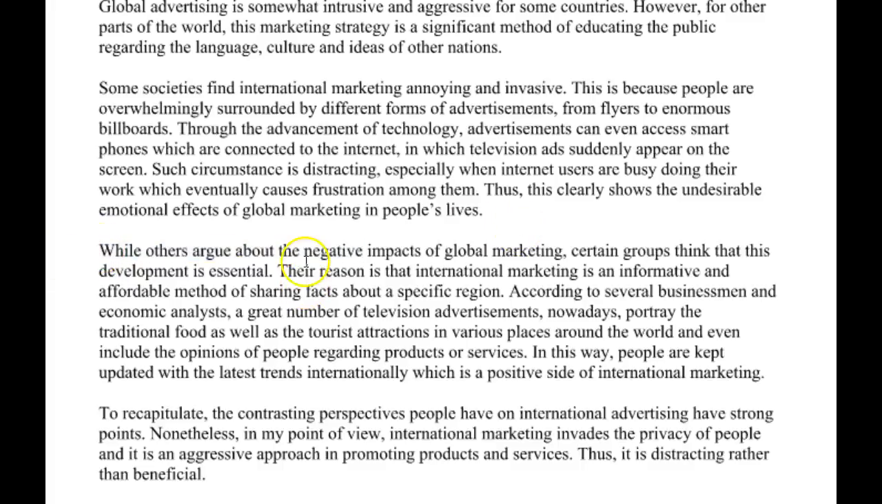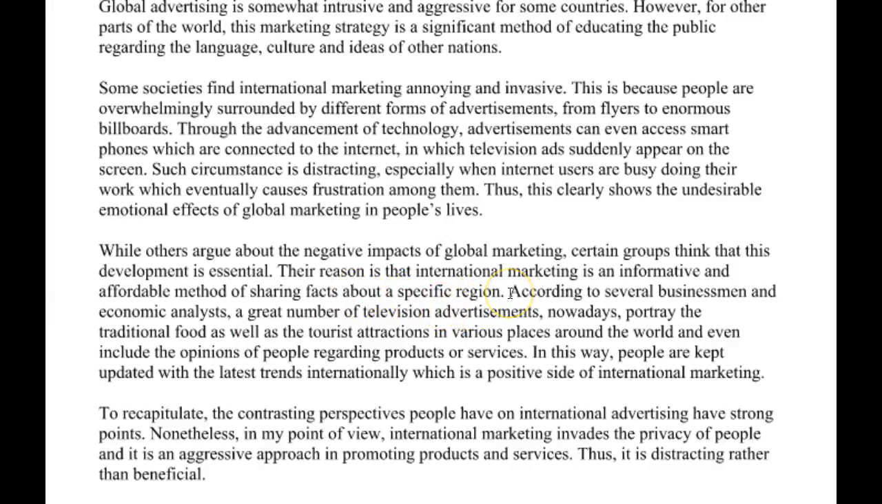So on the other hand, many people hold that global marketing is essential to the development of, let's say, global society. Their reason is that international marketing is an informative and affordable method of sharing facts